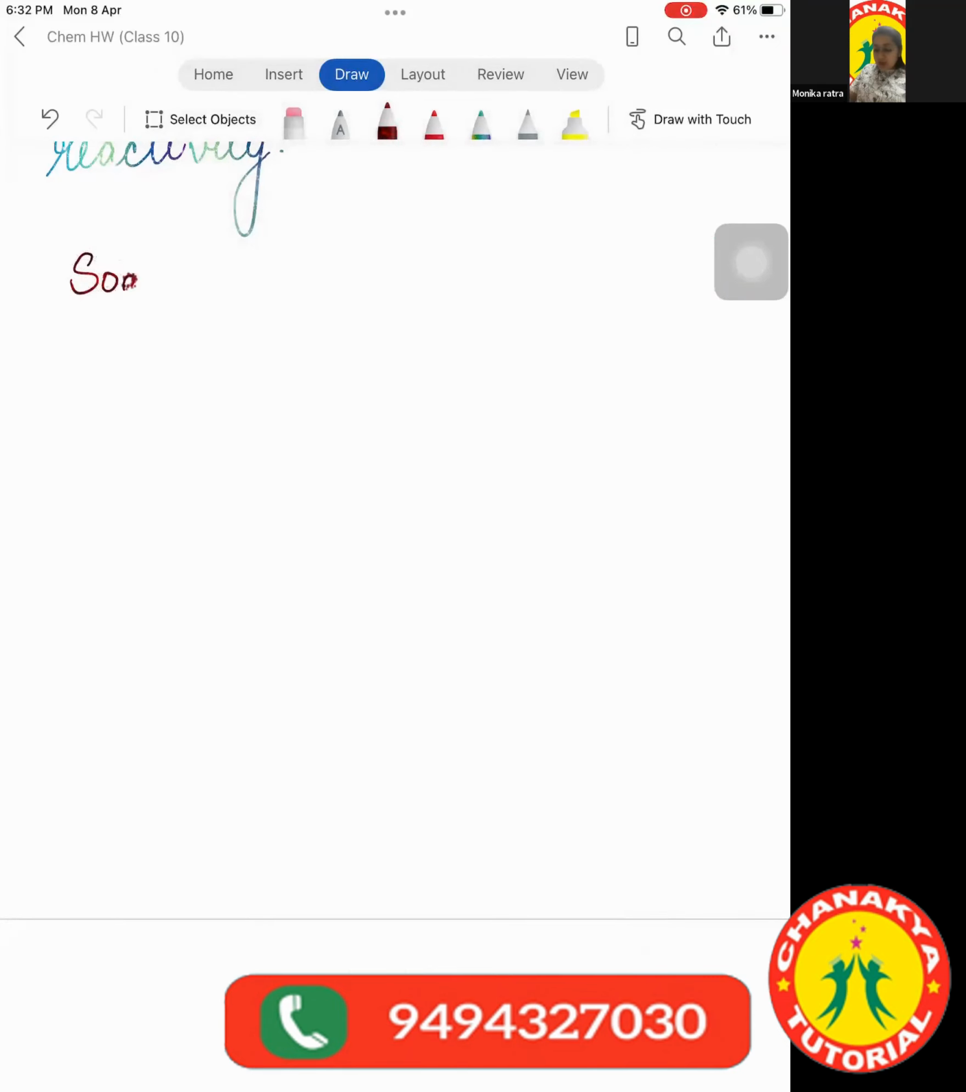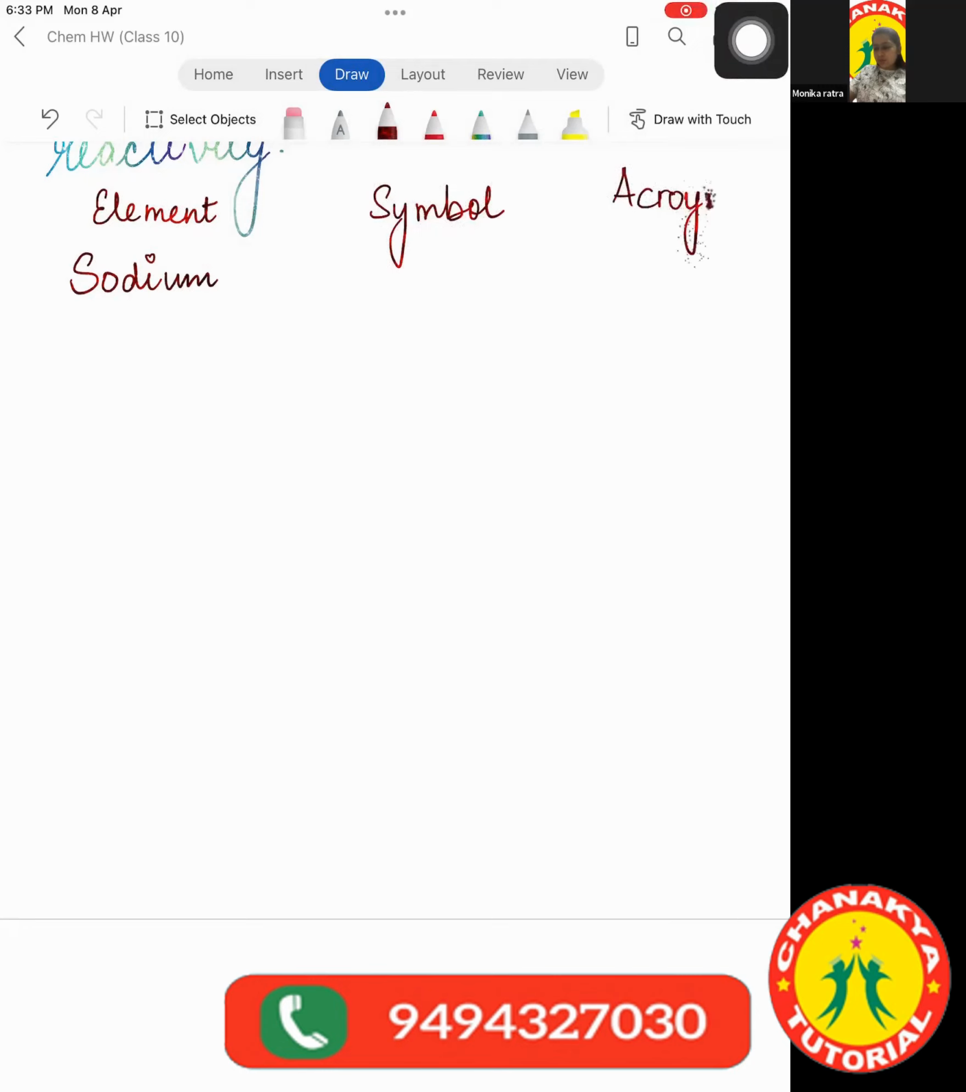Sodium. And then I'll write the symbols also. So this is the element, then we are going to write the symbol, and then we are going to write the acronym. We have to start with potassium. Potassium, sodium,